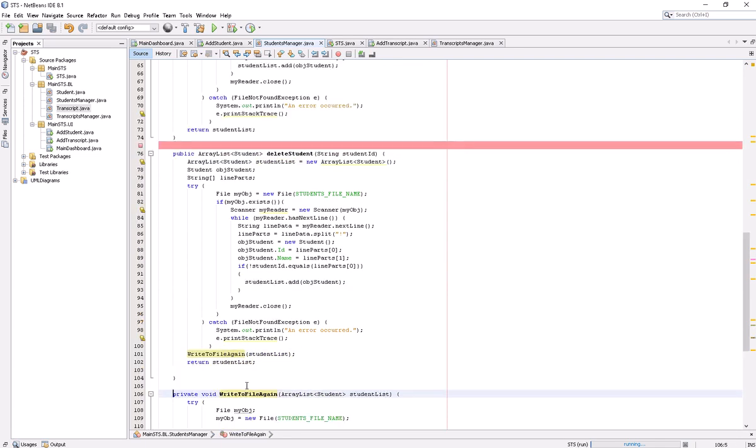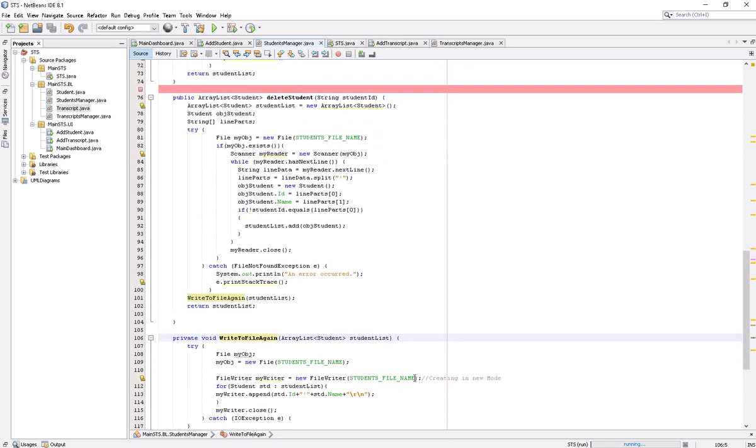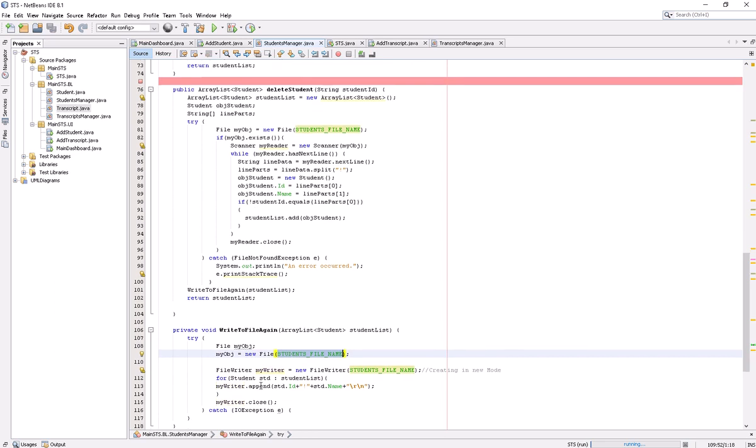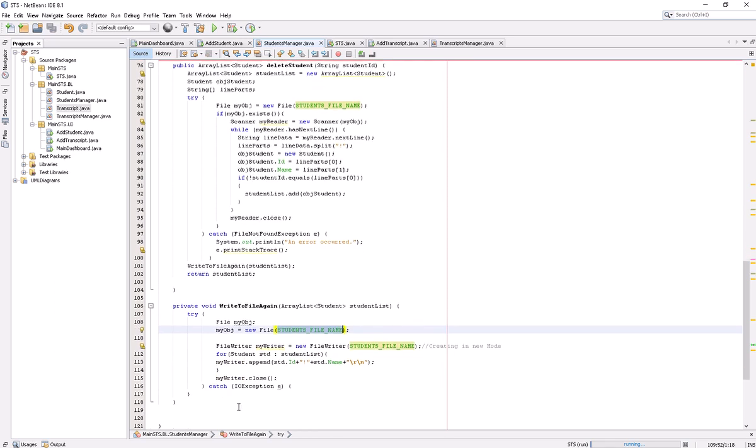In this method, I am not opening it in append mode. Note it here: I am overwriting that file with the new list. So whatever is left, I am overwriting it with that one, and then we just go back, and now let me run this example so that you can visualize it.